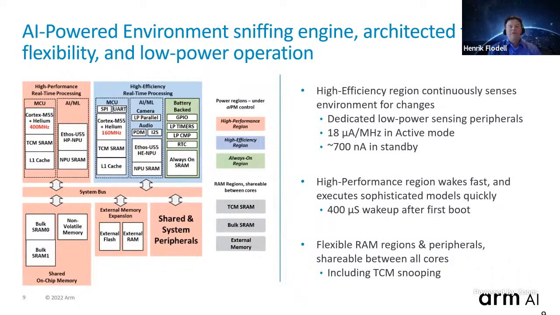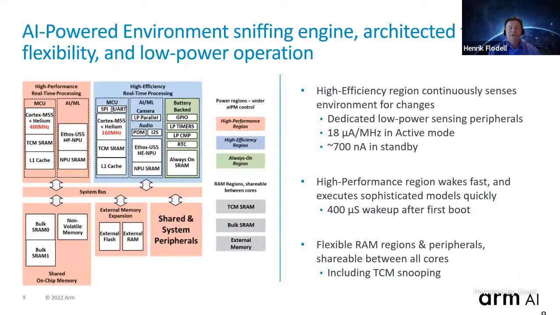So the reason that we include 2 Ethos-U55 units in our system is we wanted to be able to create an AI-powered environment sniffing engine that was designed for low power operation and for ultimate flexibility. So if you look in the blue box on the diagram on the screen, that's where we have our high efficiency system. This is configured for the lowest possible power consumption while it's active. And since we have a dedicated Cortex M55 unit in that system with dedicated memory also in the low power region, we can essentially have this always on sniffing engine operating using machine learning to sense the environment around the device and to try to detect if something is going on that the device should be aware of, and run